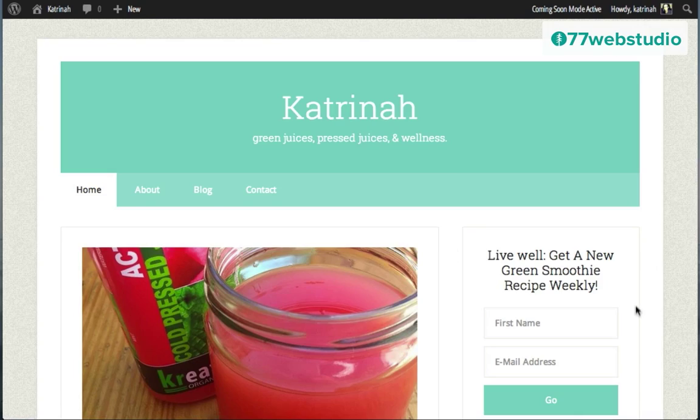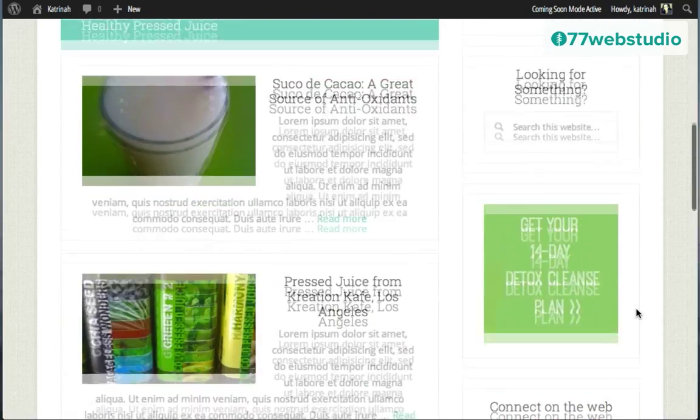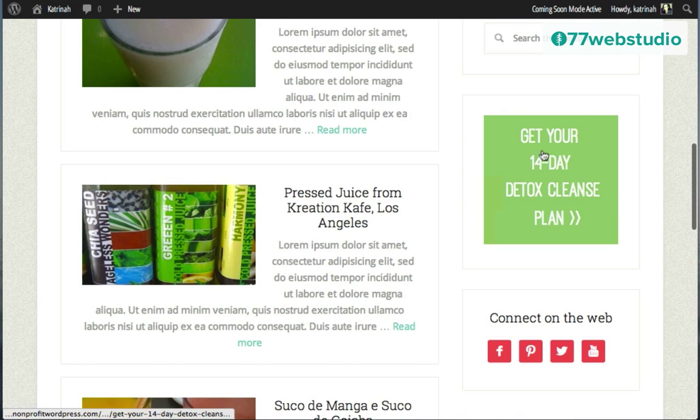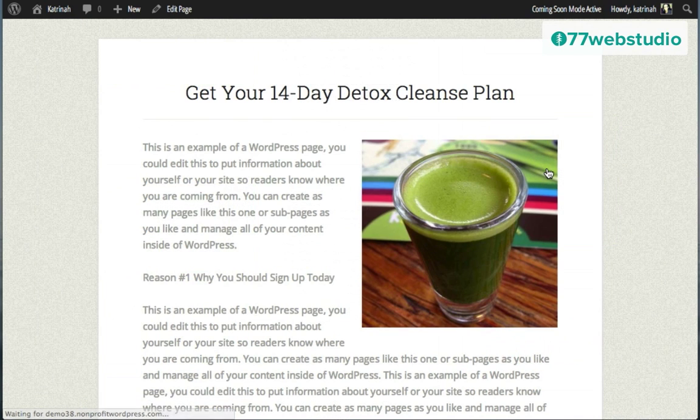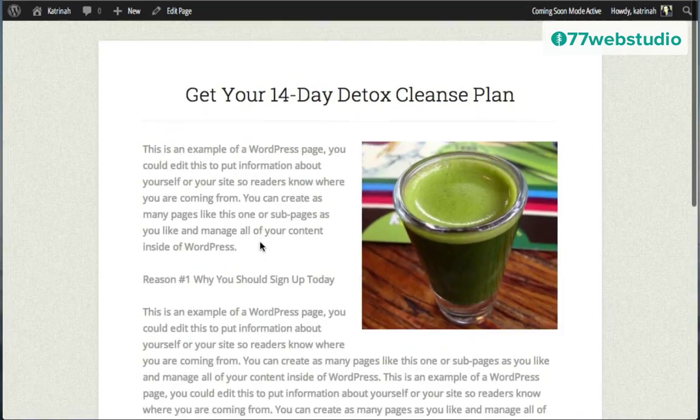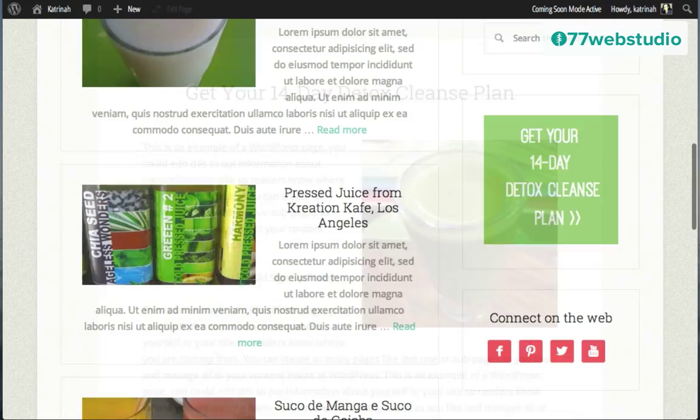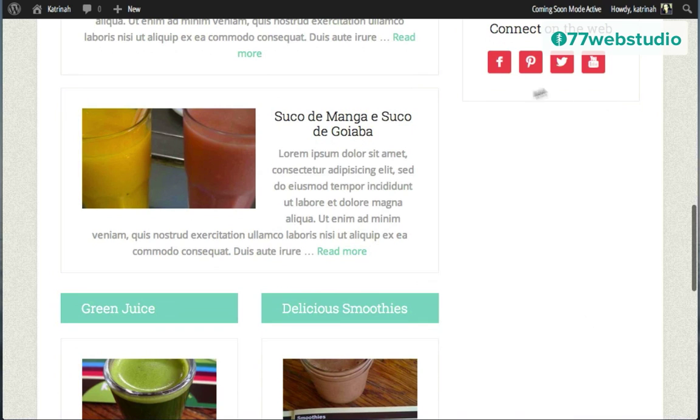And here we have a sidebar on our website. So everything looks really good. Here is the actual image that we just added in the previous step. And when I click on it, it will go to the landing page offer on the website, which is really great. So going back to the home page, the last widget area that we need to add is the Pinterest widget area with the Pinterest images from my Pinterest profile.